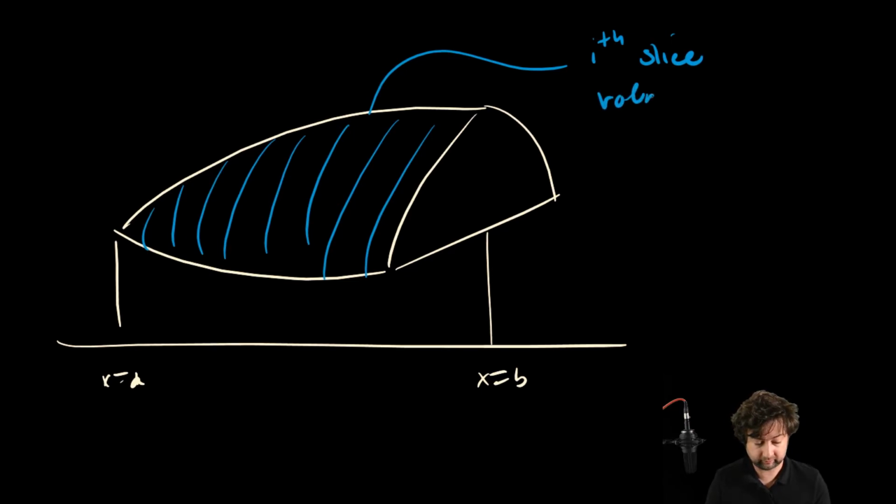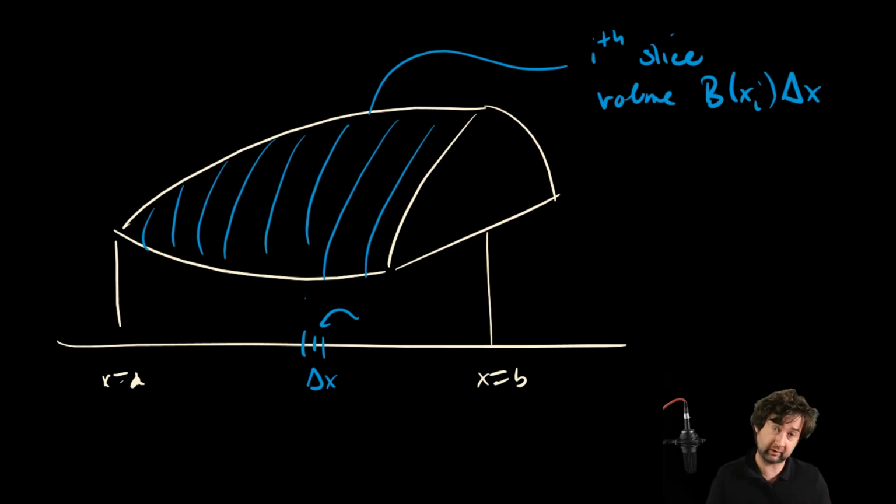has volume b of xi delta x. So the slices are all of equal width, but their location changes depending on which particular slice I'm looking at. So that's where the xi comes from. So you can imagine this is x1, this is x2, this is x3. Those correspond to the position that the slices are located in. So the volume of a given slice is b of xi delta x, and that means that the volume of the whole